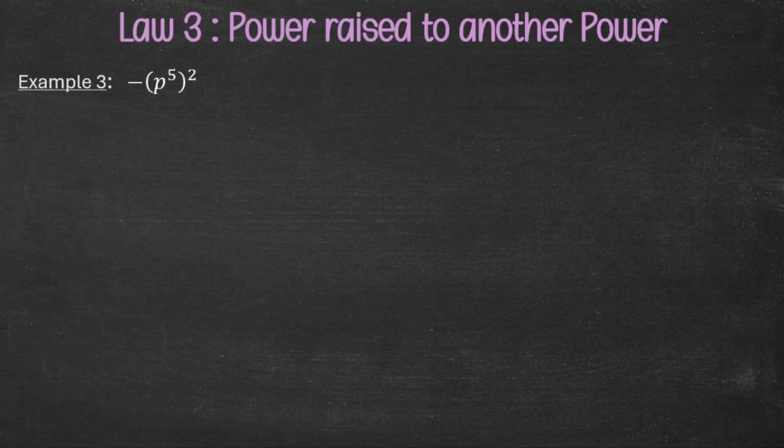Let's do this quick example where we have to simplify this expression by using the third exponent law. I want you to note that we've got this negative sign in front of the brackets. Now, according to the BODMAS rule, remember BODMAS? This rule states that we have to do brackets first, then we do the orders, which means the exponents, division and multiplication, and then we add and subtract last. So I'm going to ignore this negative sign for now.